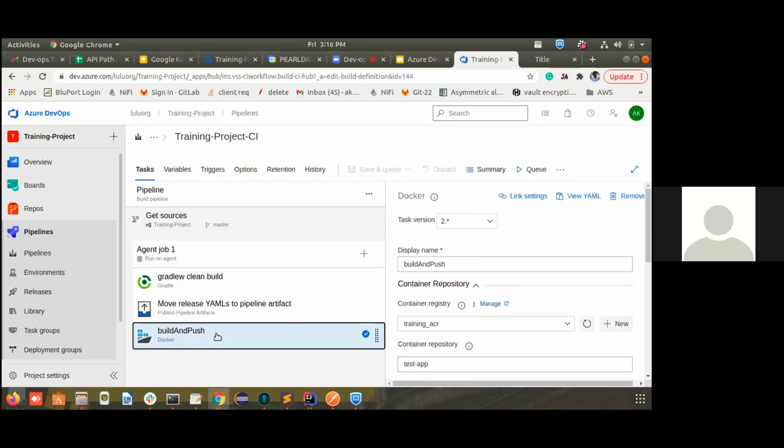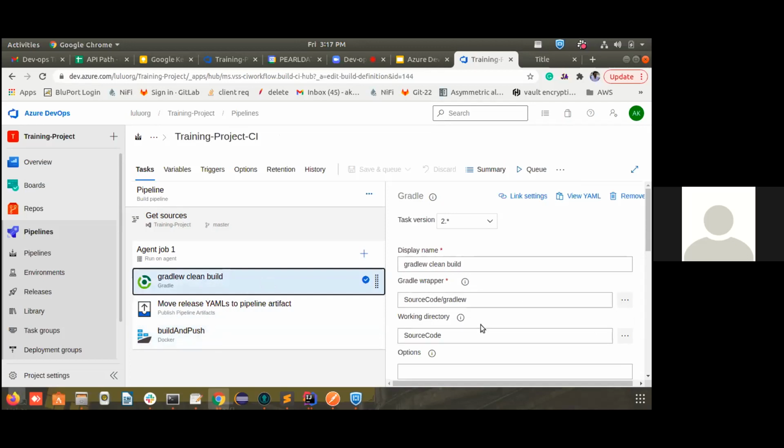Oh yeah. Okay. You can change this order, move release YAML to pipeline. That depends on how you configure, because you will not be able to push to Docker before the Gradle build. So that doesn't make sense, right? You have to first create the build. That jar only you will need to push to the Docker registry. Otherwise, there is no point in building now. Okay. Thank you.